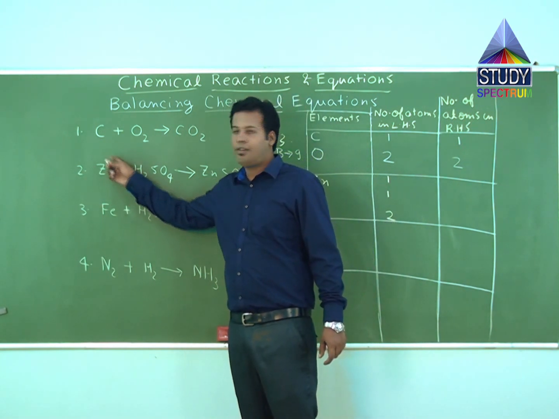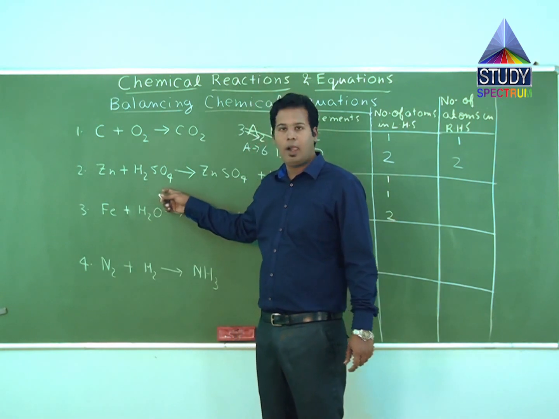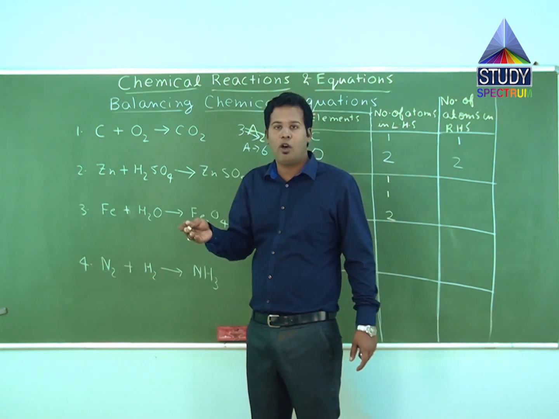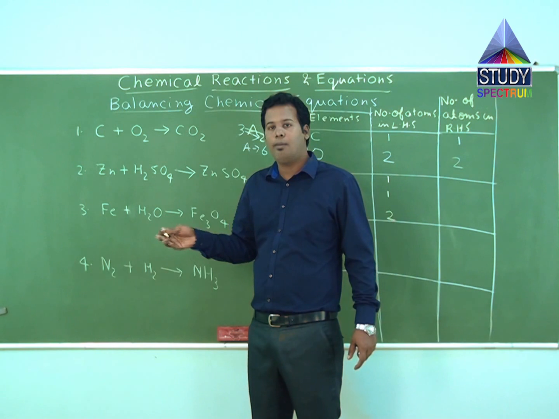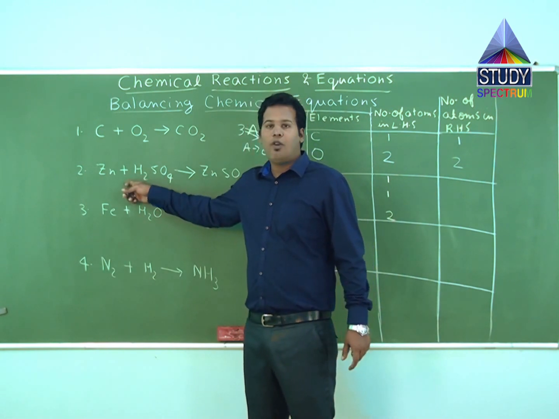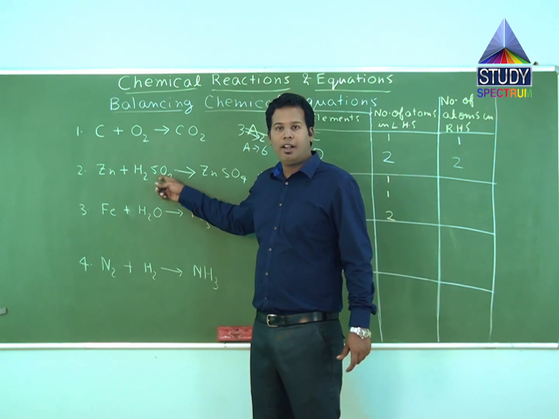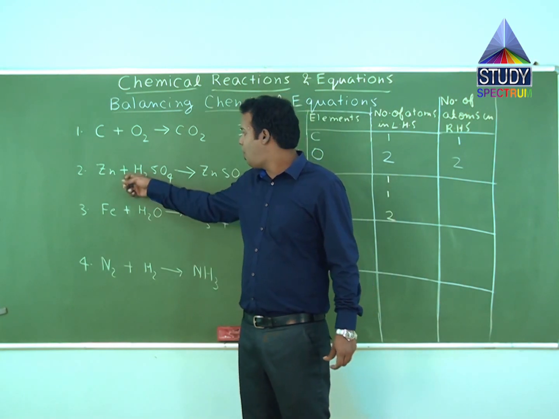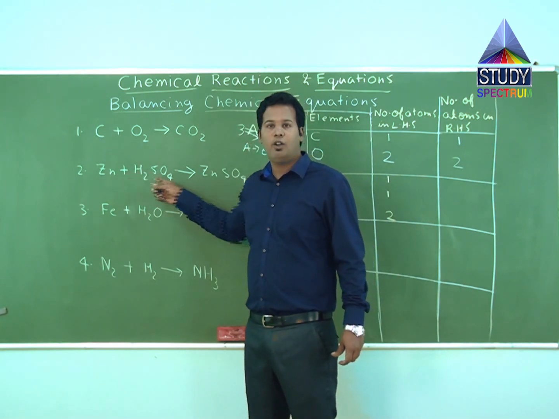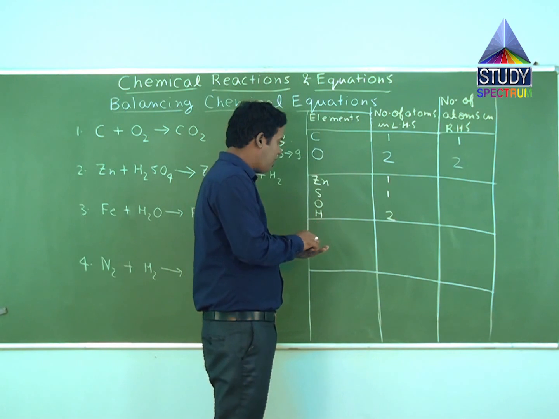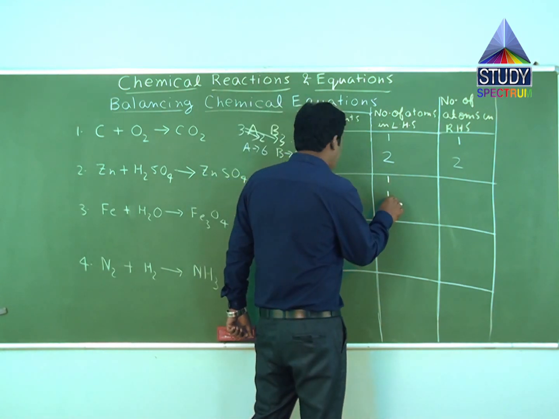Now the fourth element is oxygen in LHS. Oxygen is not present in the first reactant, but in the second reactant oxygen is present. Now using the same concept, coefficient into suffix will give the number of atoms of that particular element in the compound. The coefficient of this compound is 1, because nothing has been written as the coefficient. The suffix of oxygen as element is 4. If you see over here, 4 has been written as the suffix of oxygen. Now the coefficient of compound into the suffix of element, that is 1 into 4, will be the number of oxygen atoms present in this compound, or in LHS rather. So 1 into 4 is 4.